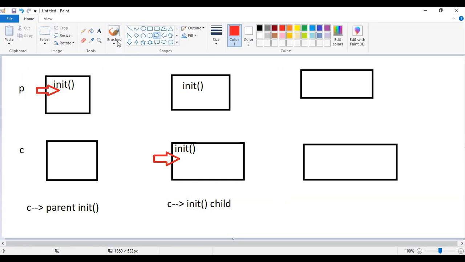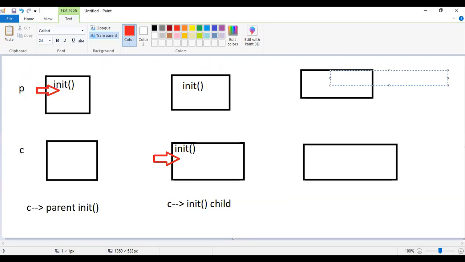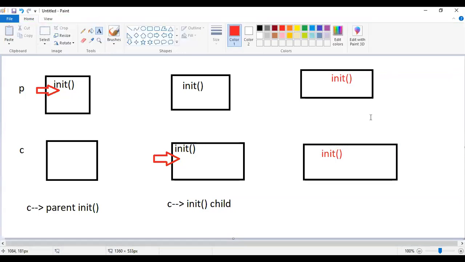Now in the third scenario, I'm having init in the parent and init in the child also. But now I want to execute both the constructors. By default, when the parent and child both have constructors, only the child constructor will be executed, right?